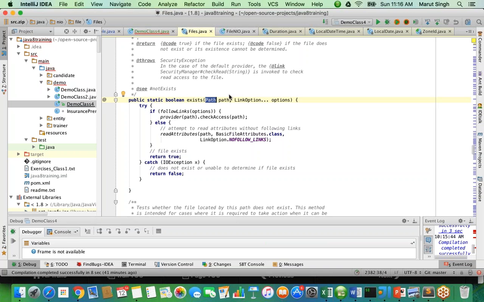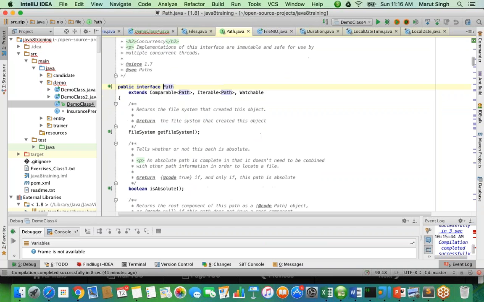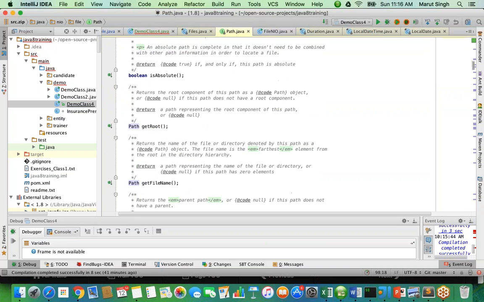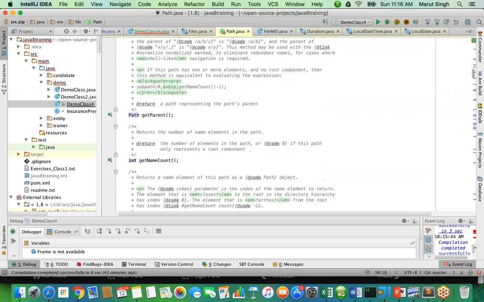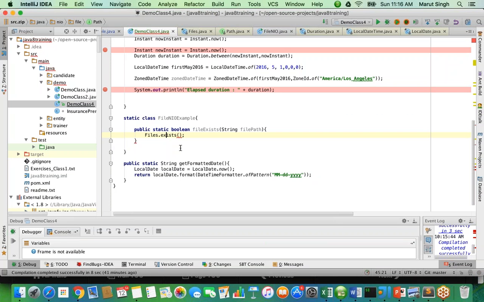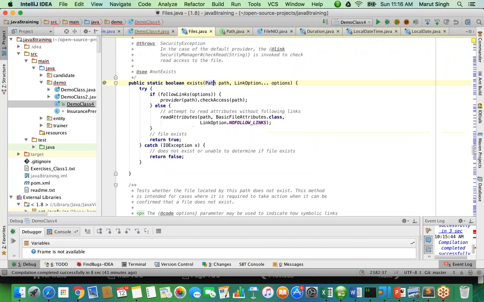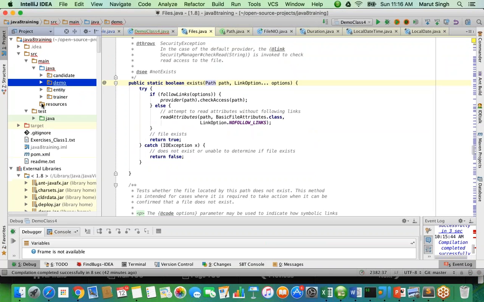Okay, and this path I have to create. So in my program, most probably what I will be knowing is the string of the path, right? I will not have a path object. So this path object I have to get from the string, and then I have to pass it to the file exist function. So what I am going to do is